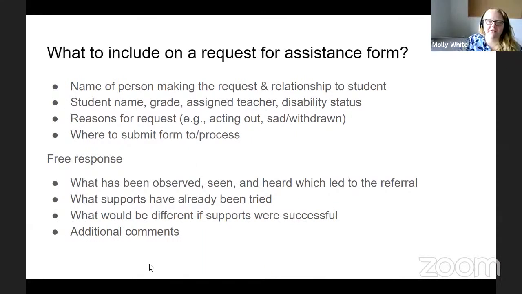Thank you so much, Catherine, for walking us through the process of a single request for assistance. Now I'm going to talk a little bit about what you should include on the actual form. So there's a whole process, but part of that process is filling out this form as somebody who is submitting